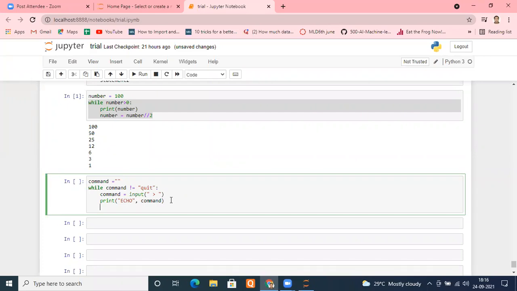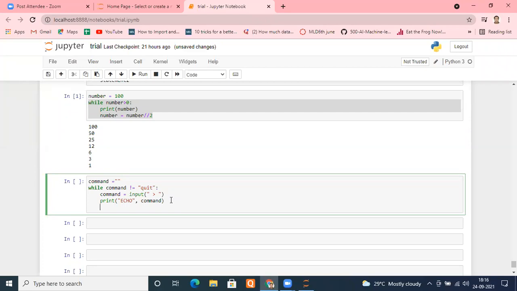Is it sufficient or does something else have to be done? You have a question, what is the question? We will ask the user to enter the command till he gives the command equal to quit. Once he gives the command equal to quit, I will get out of the while loop immediately.